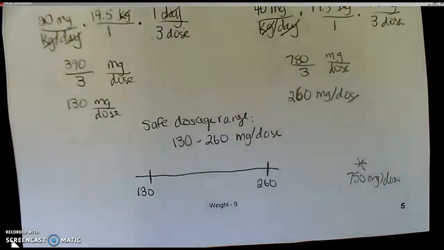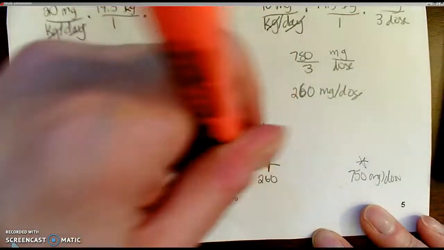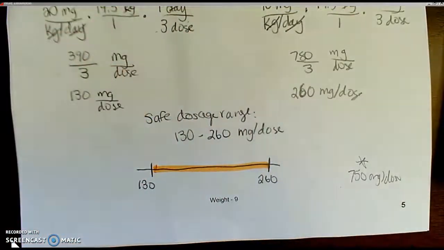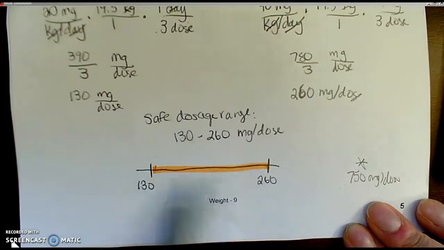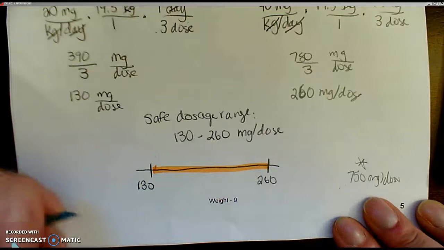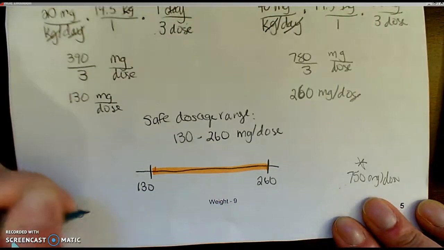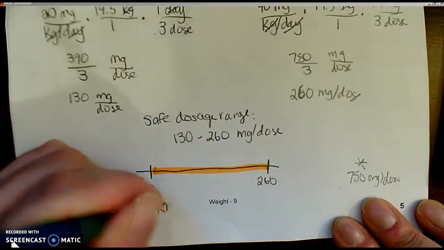The safe dosage range is just along this part of the number line that goes from 130 to 260. Below here would be an underdose. In the orange, that would be a safe dose, and above here is an overdose. So this is not safe. It's an overdose